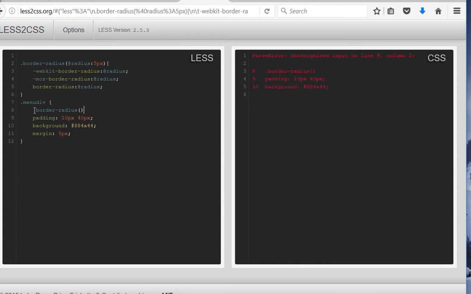Which radius do we want? Border radius. I just Ctrl+C, Ctrl+V from here. As usual, it's actually a very good habit, when you just Ctrl+C, Ctrl+V, you never worry about typos. And I put here, for example, my radius will be